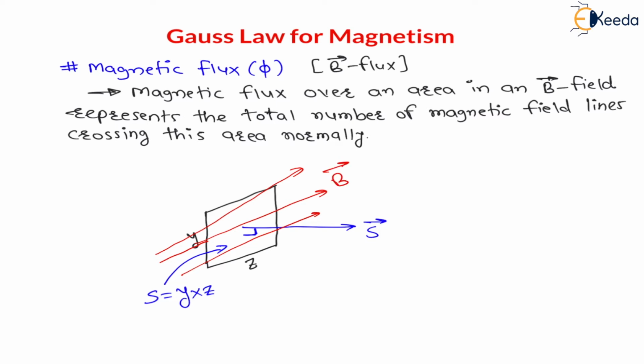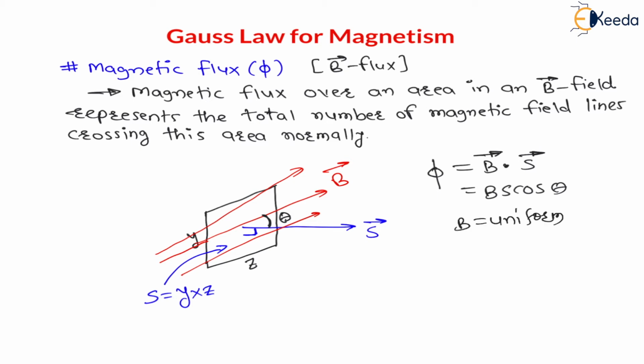And here let us say the angle between the area vector, here this x-axis, and the magnetic field lines is theta. This phi, which is nothing but magnetic flux, is calculated as a dot product between the magnetic field and the area vector. And as it is a dot product, therefore we can write B S cos theta, where theta is the angle between vector B and vector S, right? This is how we have to calculate, and this is for a uniform magnetic field, right? If this B is uniform, a direct dot product we can do like this.